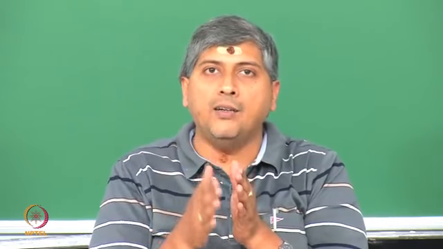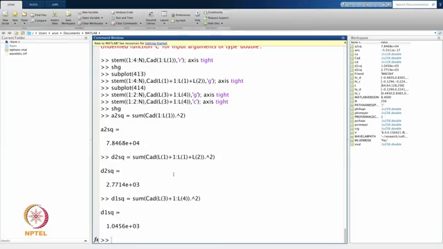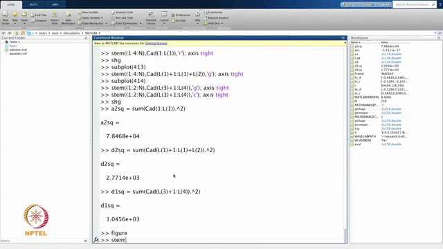Each scale corresponds to a frequency band. Approximately these frequency bands are 0 to 1/4 of omega max, and then 1/4 of omega max to half of omega max for D2, and then half of omega max to omega max, which is Nyquist frequency for D1. So, this clearly tells me, if I were to simply draw these numbers in just as a stem plot,